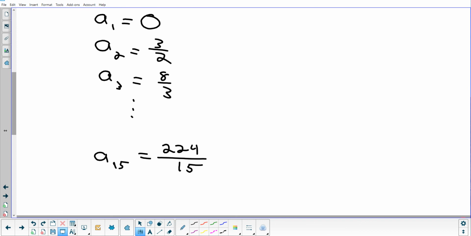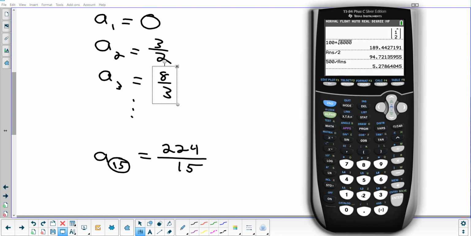So maybe this sequence is approaching a number. Maybe it isn't. I know this is 0, this is 1.5. This is, what, 2 2/3. I don't know if it's getting closer and closer to a number. I think what is happening is the further you go out in the sequence, it's actually approaching the position number. Because if you take 224 and divide by 15, it's pretty close. It's like 14.933. So the term in the sequence is approaching, but it will never reach its position number. That's what it's getting closer to.